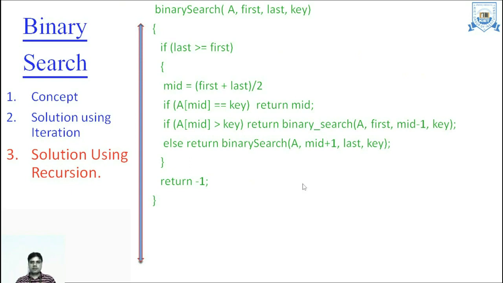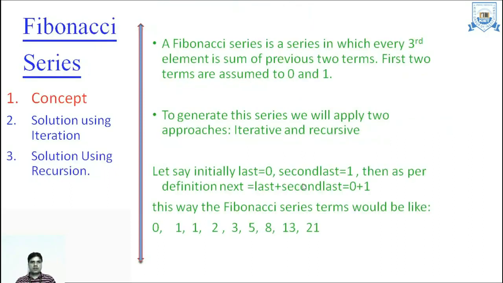Now let us take another problem on which we'll apply iterative and recursive implementation. The problem is a famous problem that you must have already seen, the Fibonacci series. It is a special series of numbers which starts from two values 0 and 1, and the third value is calculated from the previous two values by addition of those numbers. So every next member is the sum of the previous two members of the list. For example, if we start from,